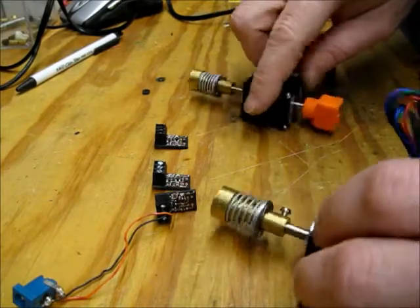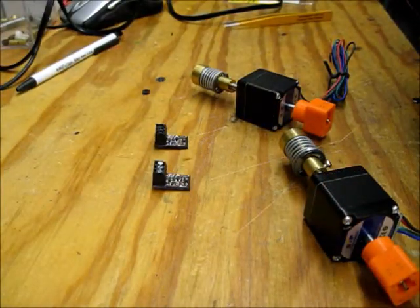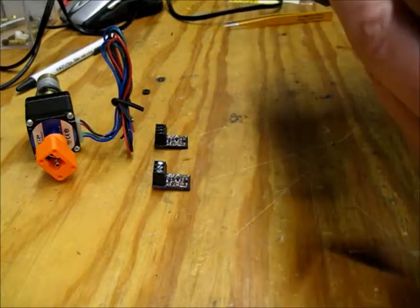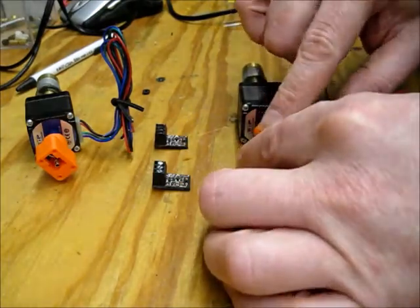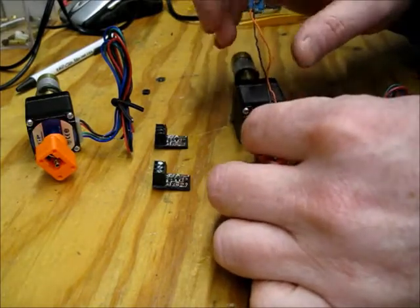Okay, so I got these all reworked. Now I have to attach them to the servo motors. So there's my little sensor, there's my flag, there's the flag, and there's those 4 little connections coming off the top. So just sort of line these 2 pieces up,